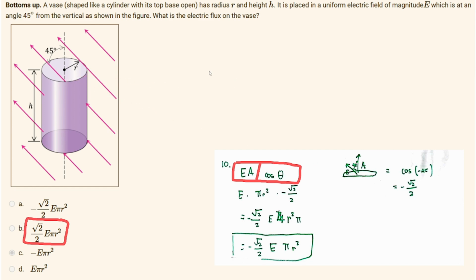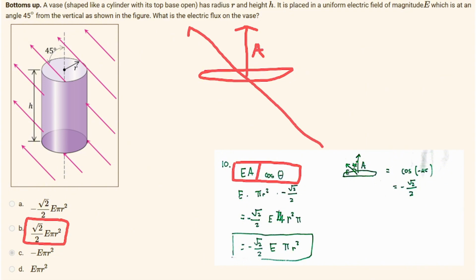And since the vase has an open top like this, that means the area is facing away from the center of the body. So this is the area. And since the angle comes like this, and 45 degrees is this one,